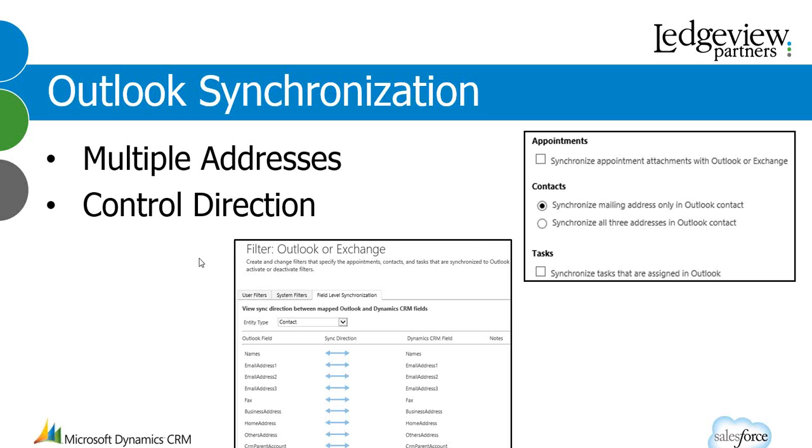screen print right here, you can actually tell the direction of what fields from Outlook go into CRM, if they are bidirectional or only one directional, or if you don't want them to sync at all. Now, you cannot change what Outlook fields are being pulled, so you don't have a dynamic list of fields. So it's still a set list of fields, but now you can at least control the direction if you only want to sync from Outlook into CRM but not back, or vice versa, or if you don't want to sync a field at all. So this is a pretty important enhancement that they made, and it also shows you that